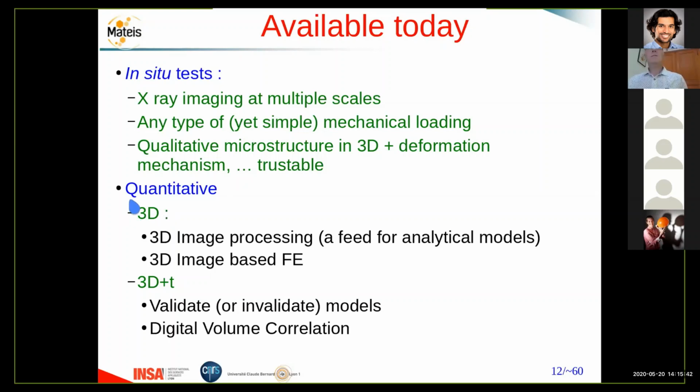And because you have three-dimensional images, but also you have the evolution with time, you can use these observations to validate or to invalidate the models that you have developed. Especially, you can validate these models at very local scales, because if you have a series of three-dimensional volumes, you can use digital volume correlation to map the strain field